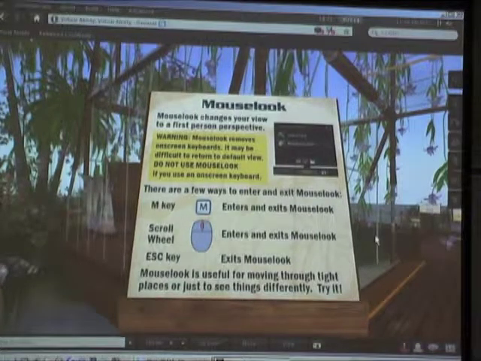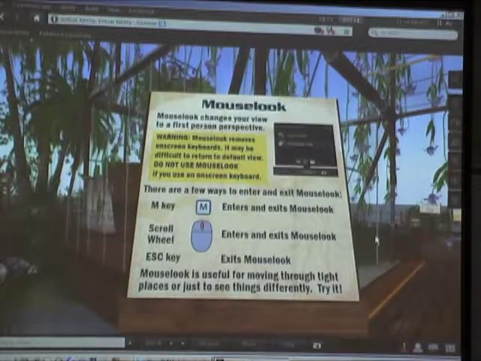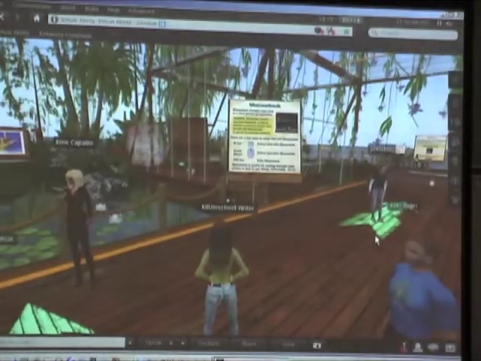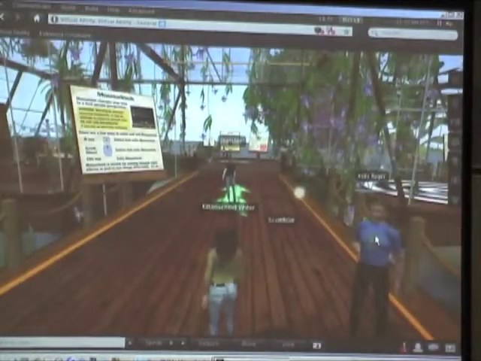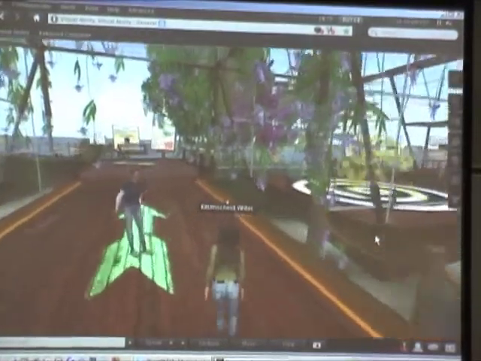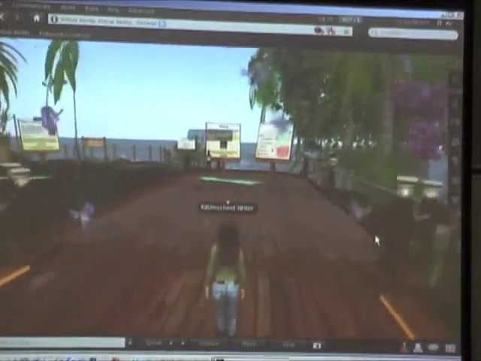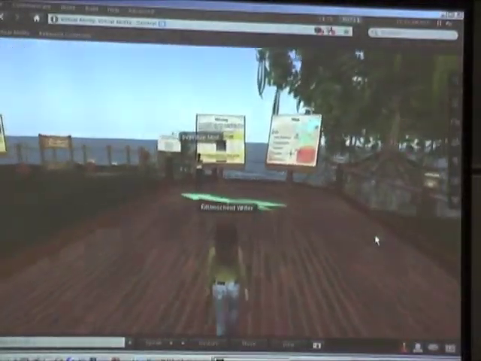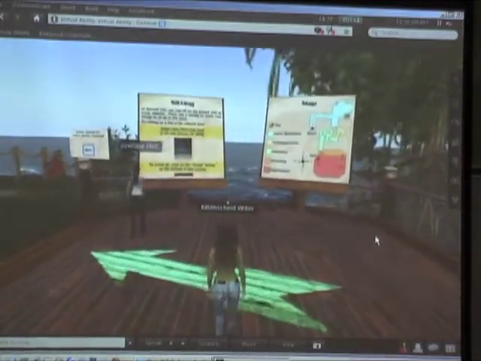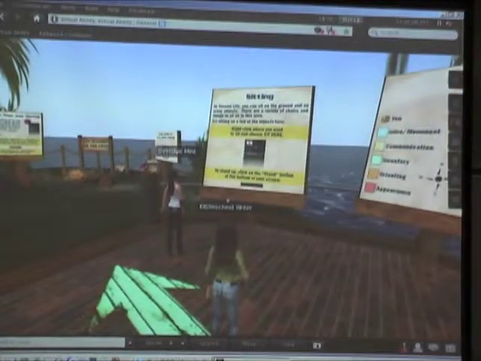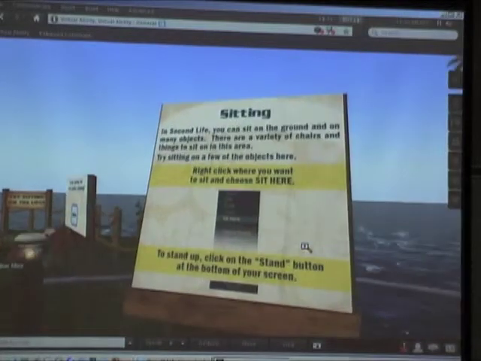And if you go on a little bit further, you'll see that there are ways that you can learn to sit. But there are so many ways to sit in Second Life. A lot of places I would go to would have a single chair. We can walk down a little bit further here. They would have one single chair, and it would say, right click on the chair and sit. But then the instructions on how to get up from the chair would be on the sign behind you.